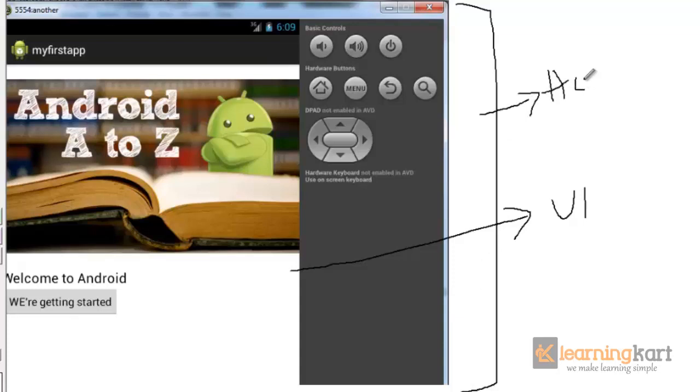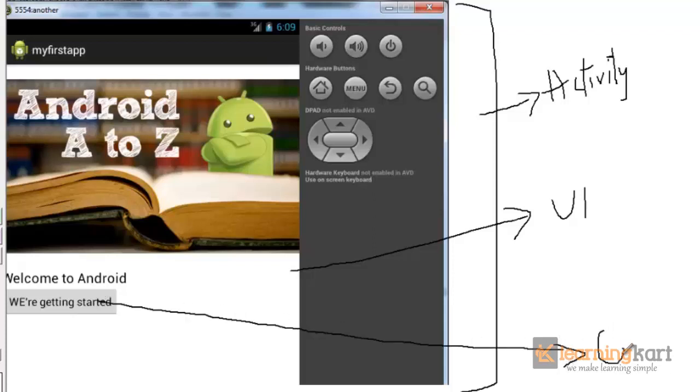One application can have a number of activities, and we must have a way to move from one activity to another. So this is a complete activity which comprises a UI, and then we have code to back up this UI. What exactly would this code do? Suppose we need to do something on the click of this button.